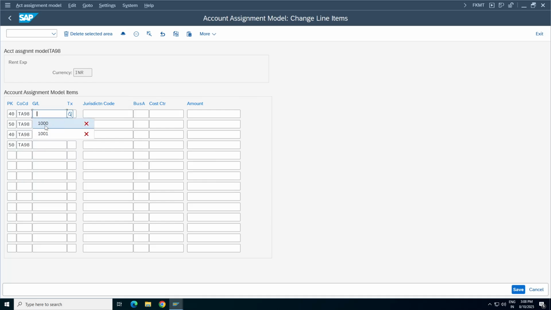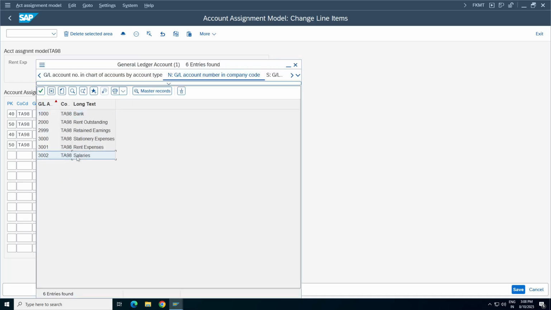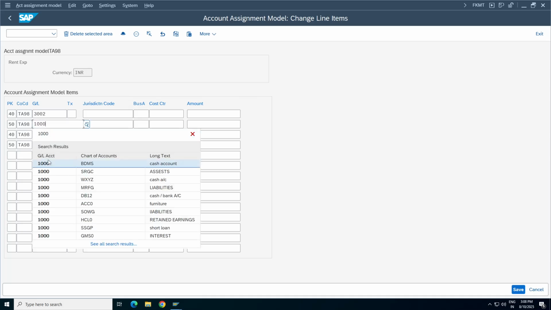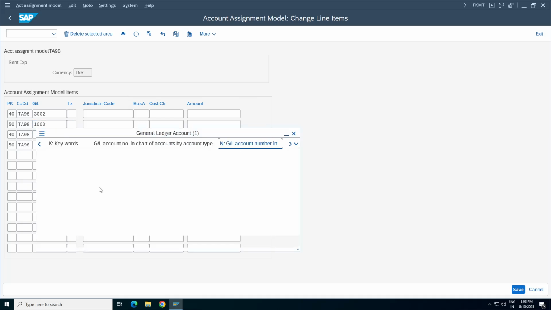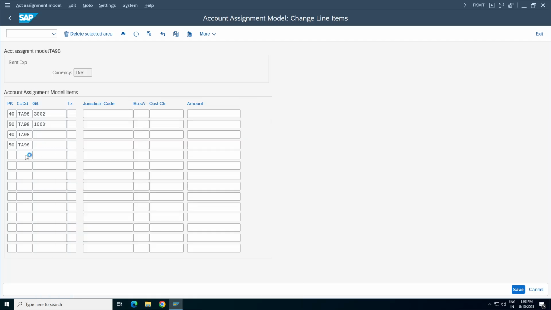Okay, now GL account. Take one example. Take salaries, 1000. We have one more account, right? Other than salaries, we have one more expense, 3000. Stationery expenses.